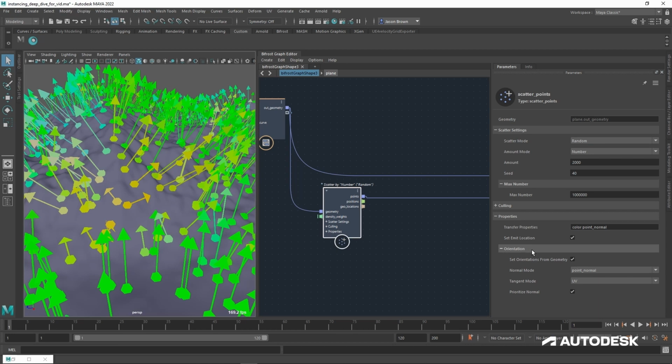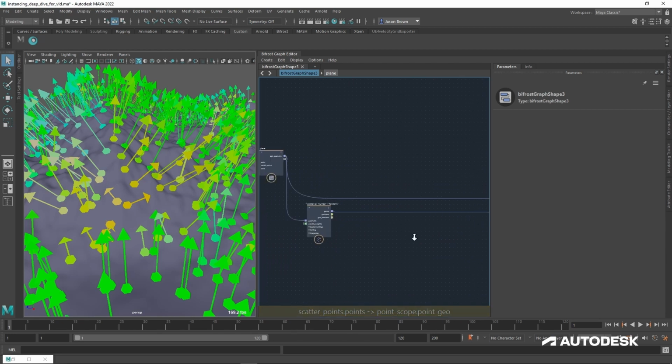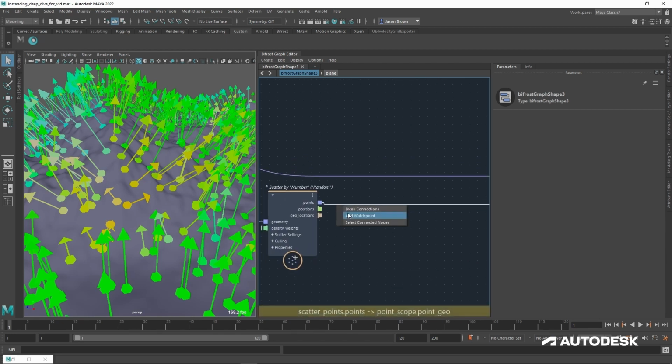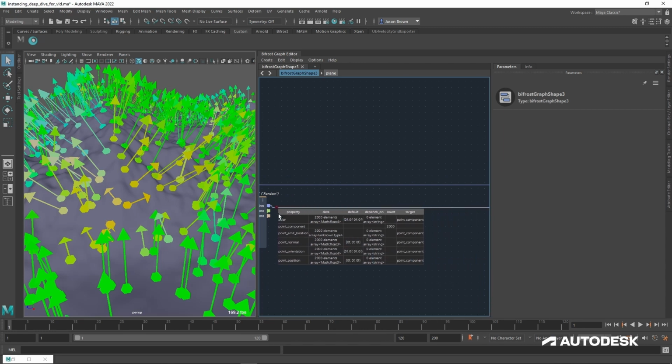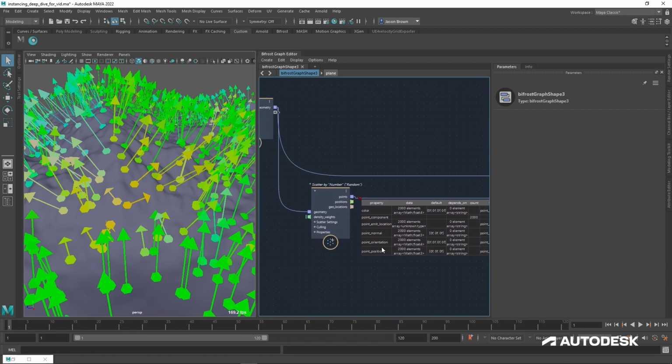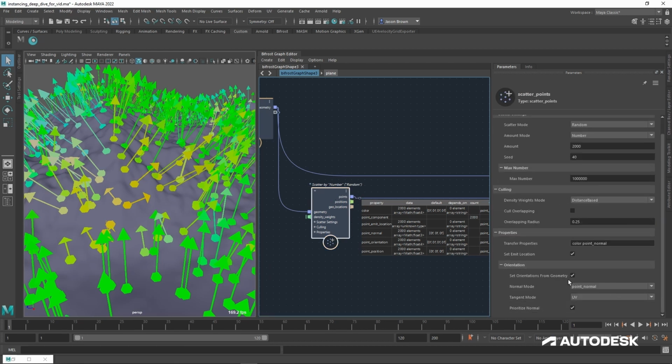the orientation of the points. So if we take a look at what's coming out of our scatter again, I thought I had a watch point, but I've obviously gotten rid of it. Let me get our watch point back up. You can see I've got point orientation, and point orientation is pretty much which way this point is pointing, which way it's rotated, the rotate information on that. And scatter by number is generating that for us from the geometry. It's using the point normal and the UV to generate the orientation.